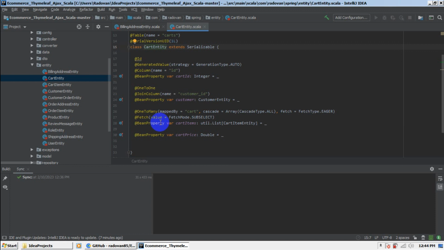I will get some error, and that is why I have tried, for example, here in the cart items, to use ArrayBuffer, but when I tried to create, Hibernate will not recognize it, and that is why we are using Java collections here, especially in the entities, and also I'm using, instead of a Scala Double, a